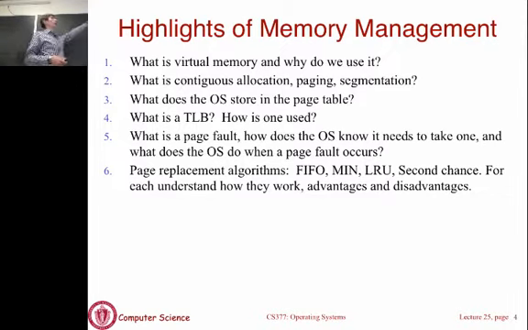And remember, the TLB, as in many other hardware-assisted things we've talked about, is not actually necessary for correctness, but does make our approach much faster. So paging doesn't need a TLB to work, but it does need a TLB to work efficiently. Then we moved on to talking about demand paging. Remember, the idea there was